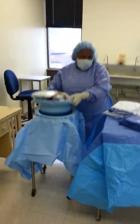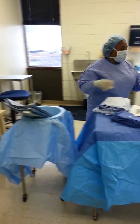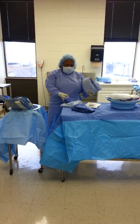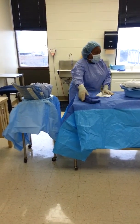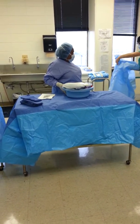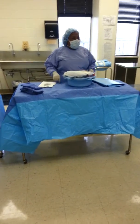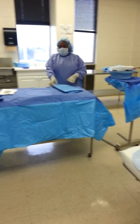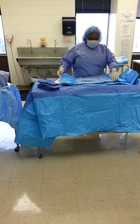Now, because I'm waiting for my back table cover, you stack all your drapes and surgeon's gowns in your basin. That's huge, so. Watch my mail. Okay, this is a back table cover. This reinforces this joint. Okay, now I could either put this back here, but this is sterile, so I can set it here. The thing is not to let, now Mr. Goody said you let it go to the,